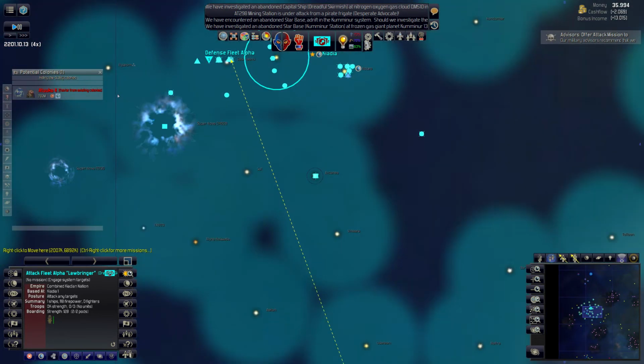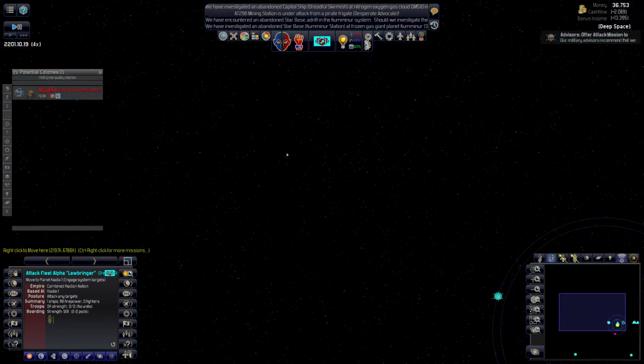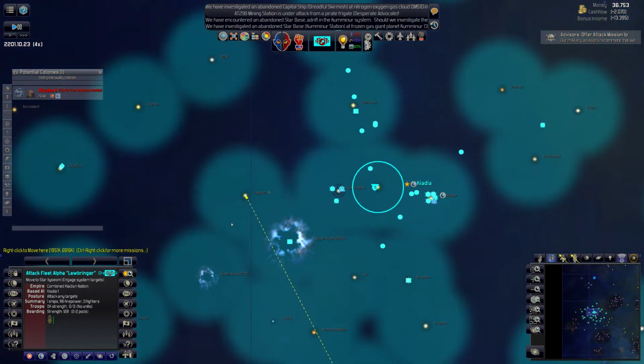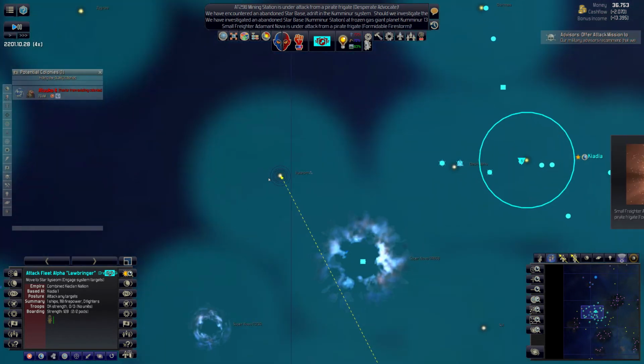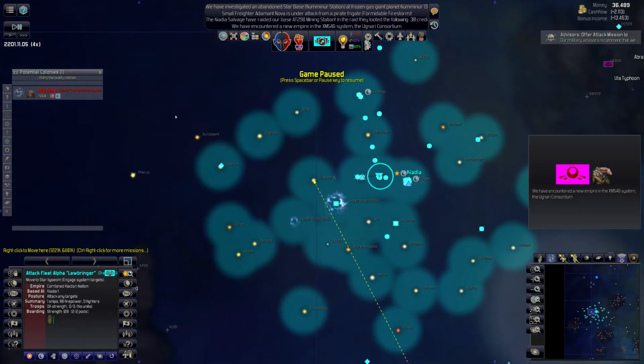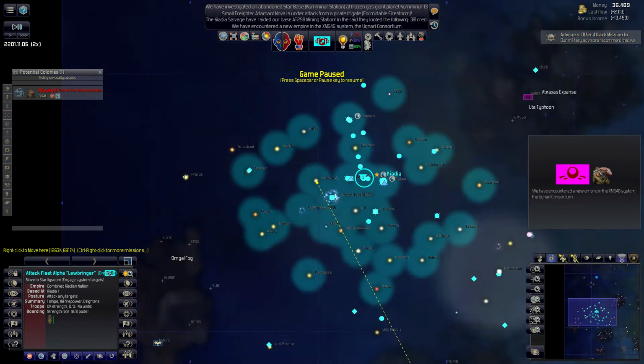Let's put him up here where those pirates were attacking, because I think they took over my mining station, and we wanna get that back. Okay, things are happening a little fast. I think I might turn down the...